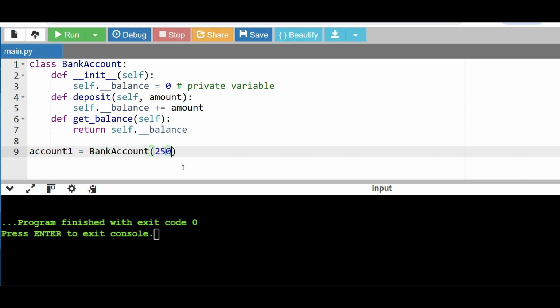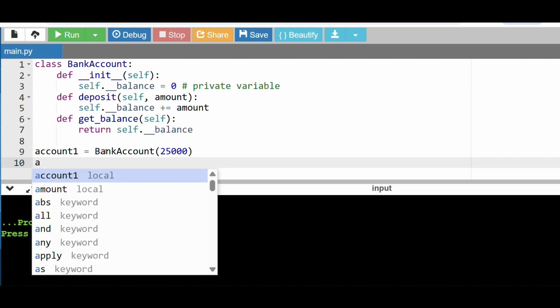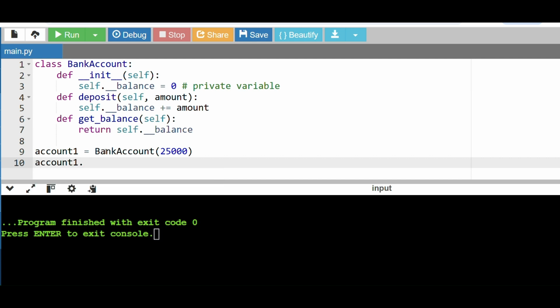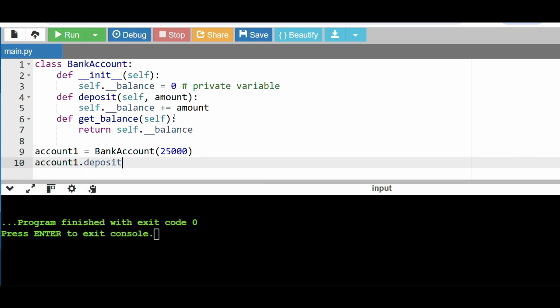Let me add 25,000. In the next line we need to call this: account1.deposit. If you run it,